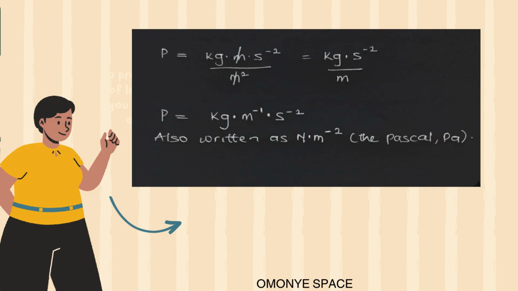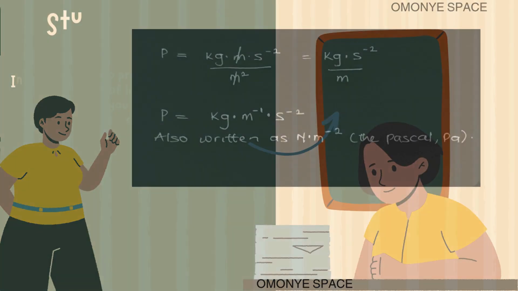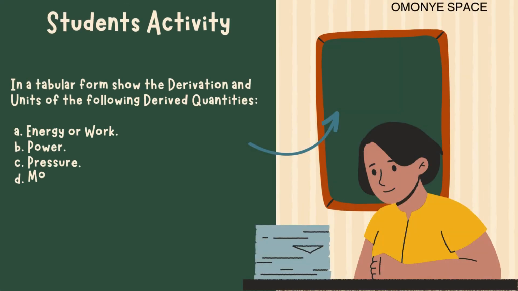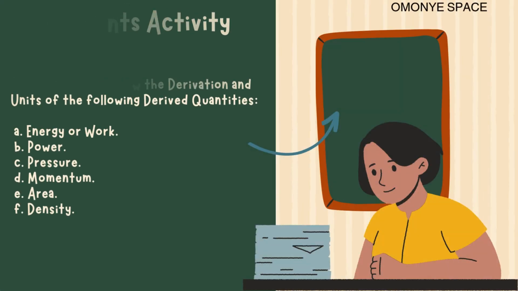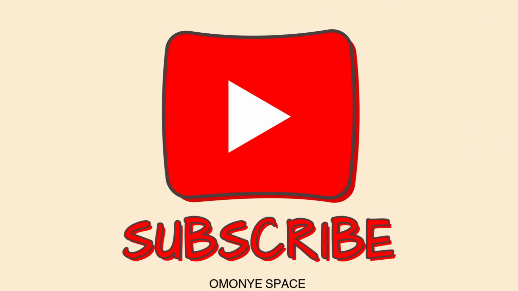And when we strike out, at the end of the day, we have kg m to the power of -1 s to the power of -2. This is also written as Newton per square meter, which is also called the Pascal. Do not forget